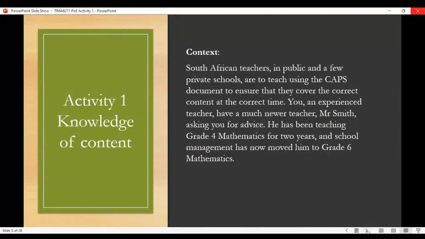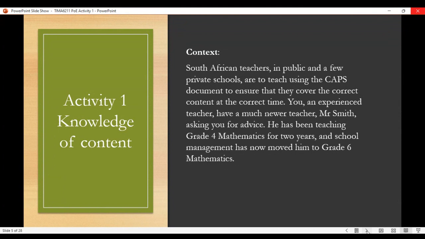Activity 1 of our PoE TIMA6211 is about knowledge of content. Our context for this activity: South African teachers in public and a few private schools are to teach using the CAPS document to ensure that they cover the correct content at the correct time.